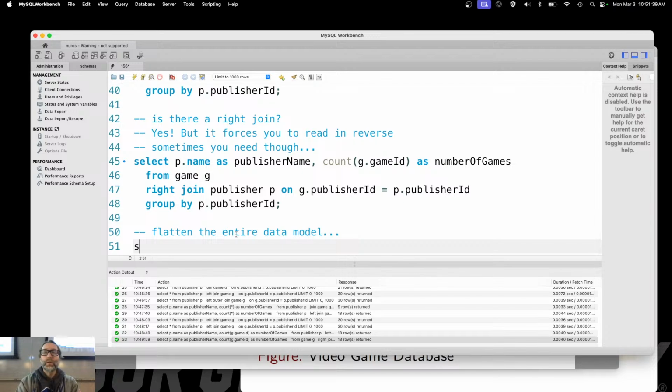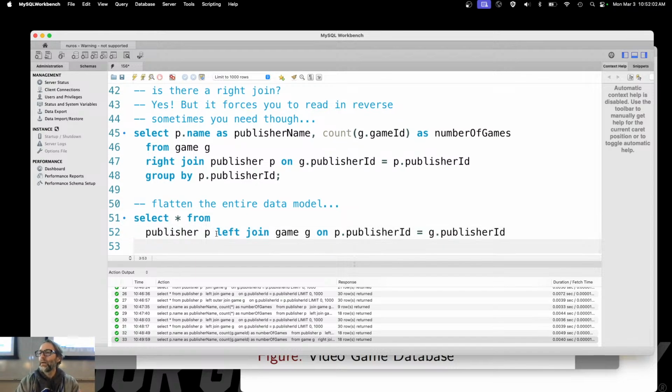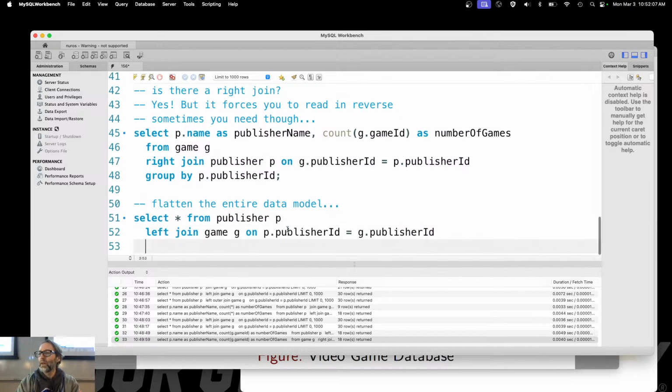So select everything for now from publisher P, join. In fact, what should I do immediately if I want to preserve records? Left join, right? Left join game G on p.publisherID is equal to g.publisherID. And then, I don't know how you want to do this. Let's go ahead and go left join, left join, left join. There we go. I like that a little bit better. Left join,